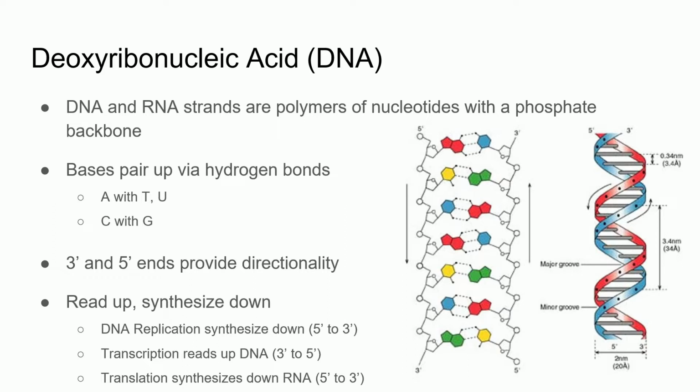When translation occurs, the ribosome moves along the mRNA transcript 5' to 3', synthesizing proteins in the 5' to 3' direction. This mRNA intermediate results in a protein chain being created in the same direction as the original DNA template strand. We will discuss the details of these steps shortly.